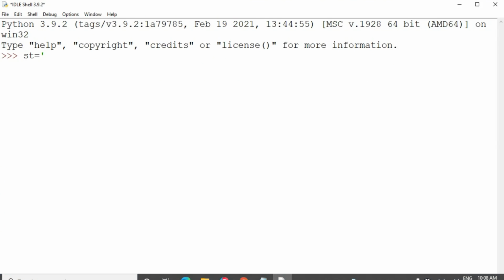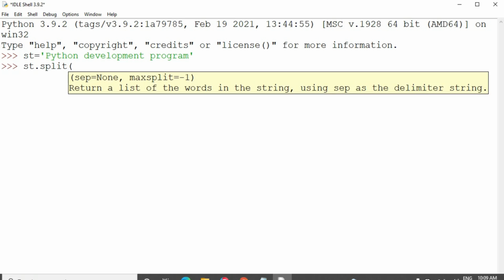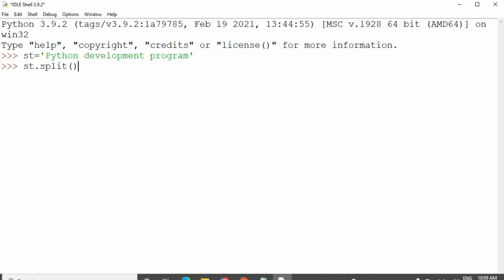Let's see the example. st equal to Python development program. I want to split the single string into multiple parts, I mean 3 parts. So I am going to apply the split function, st.split().